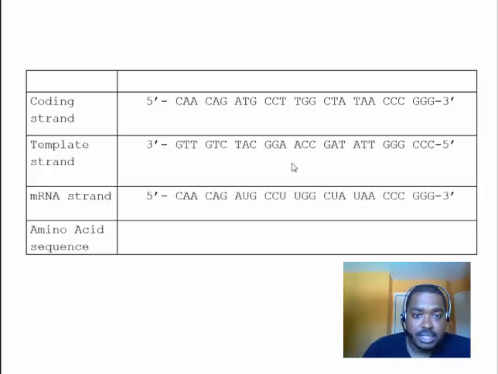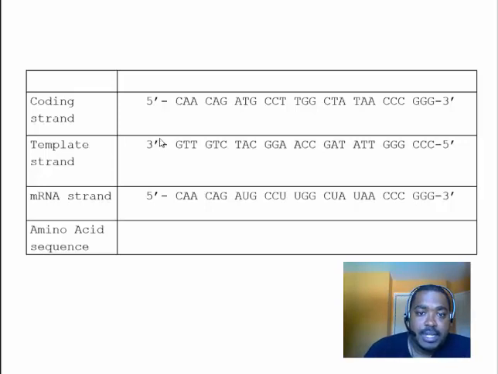So finding a template strand is relatively easy, or vice versa. If you're given the template strand, finding the coding strand should be relatively easy. We just need to find the complementary base pairs to whatever it is we were given, as you can see here. Okay. C binds with G, A binds with T, C binds with G, A binds with T, etc. And you also have to make sure you remember your DNA is anti-parallel, so the 5' end will match up to the 3' end. Okay, so if you're given the coding strand, the template strand is complementary to the coding strand, vice versa. These are mutual